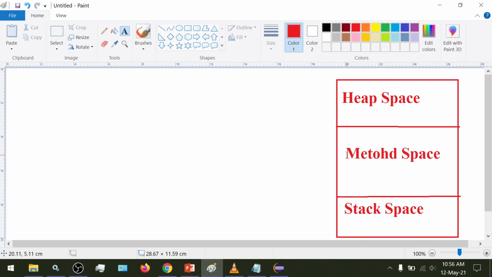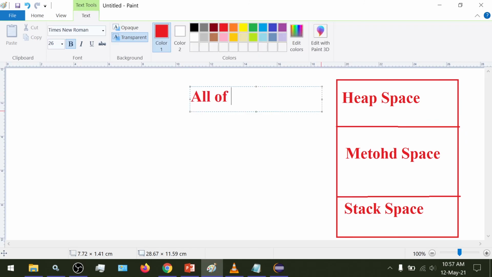So what is the heap space? In a program we create objects, and all of our created objects are stored inside the heap memory.